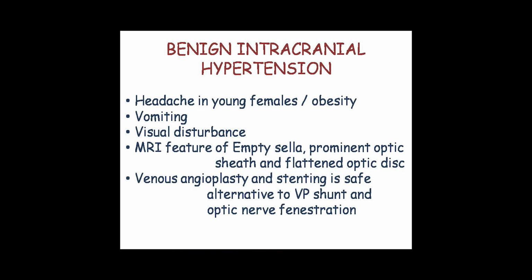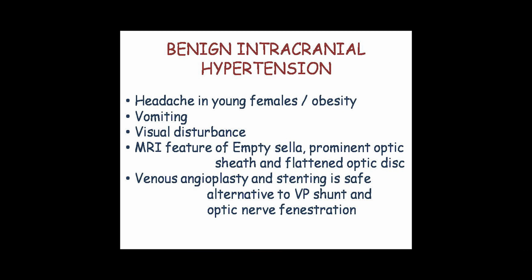Usually young females who are a bit obese are affected by this disease entity, and they present with vomiting and visual disturbance. When we go for an MR scan, we see the prominence of the CSF space around the optic nerve, and there is tortuosity or kinking of the optic nerve. And when we look at the veins, probably there is a stenosis in the veins of the brain,